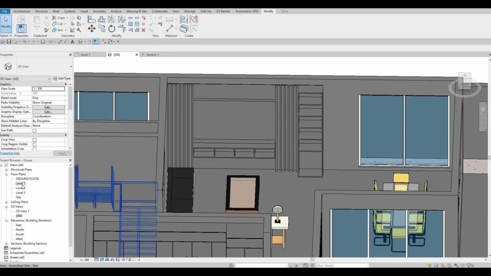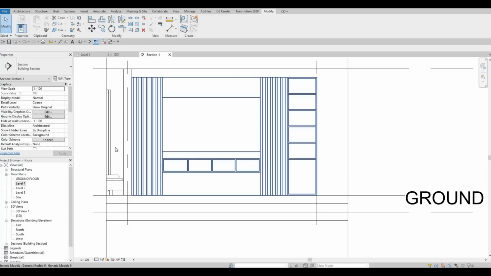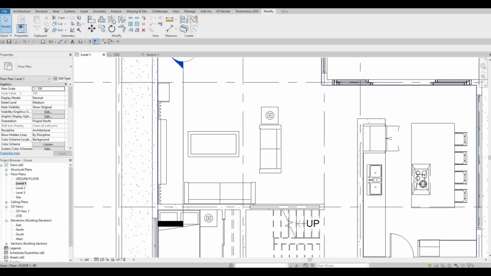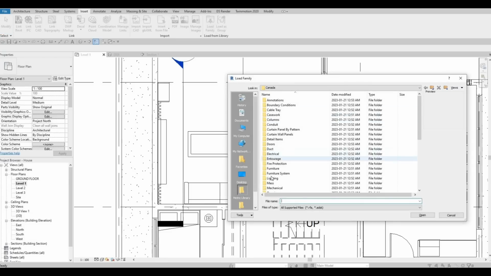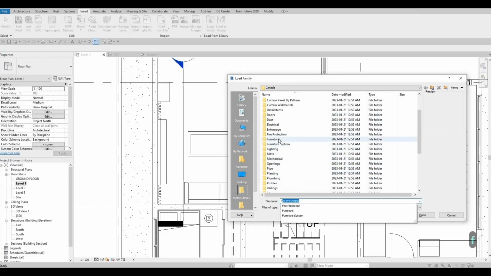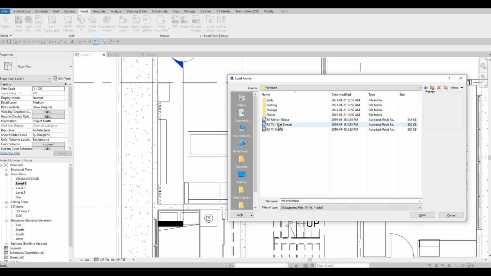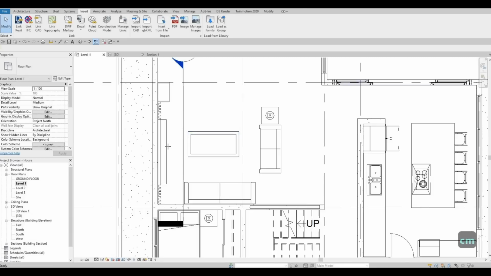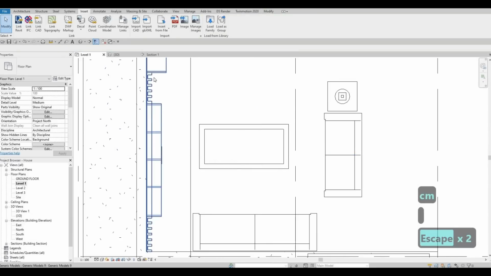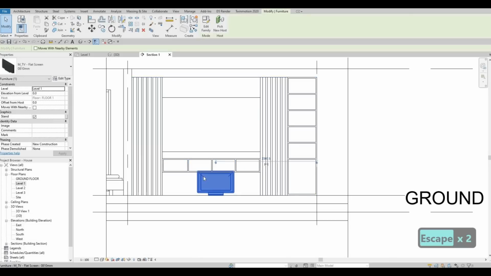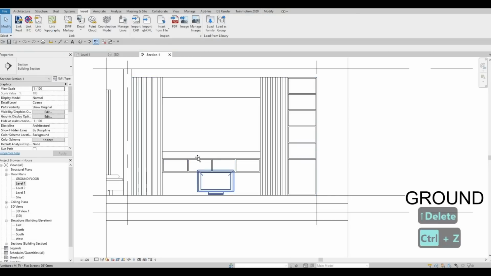Click on finish. If we go to section again, or let's go to level 1, and then let's add a TV. So load, go to family, go furniture, and then here we have a flat screen. Click on open, CM. Let's put this one right here, and then go to section, put it in the middle,